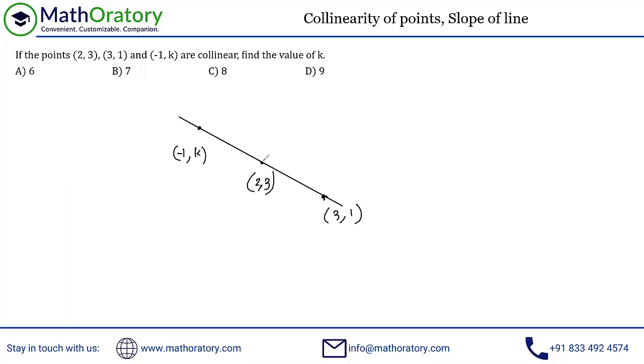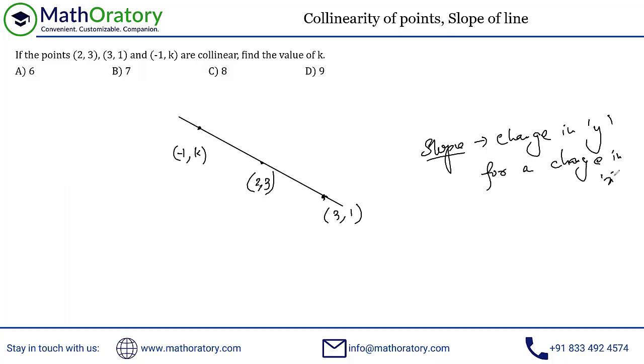The easiest way is to figure out the slope. Now, the way you should remember the slope is change in y for a unit change in x. So for a change in x, something like this is the simplest way to understand the slope. What I'm going to do is not evaluate the slope at all. I'm just going to list out these 3 points out here. So just check this out. We have (3, 1), one of the points, x and y. I'm writing in this order. Then we have (2, 3). And finally (-1, k), and this is what we require, the value of k, right?